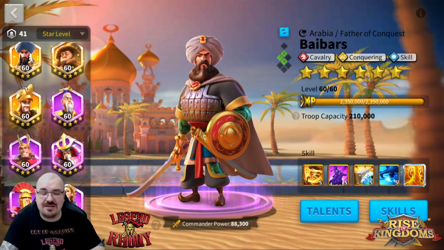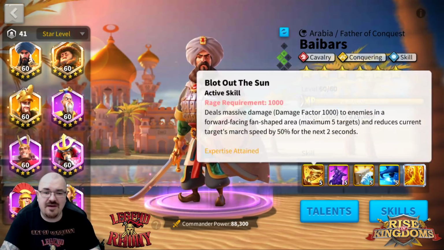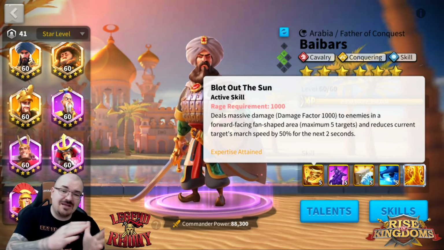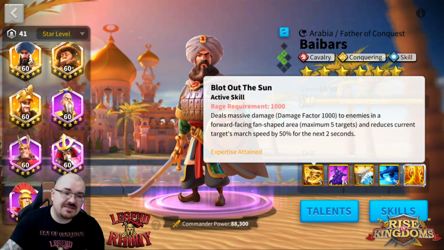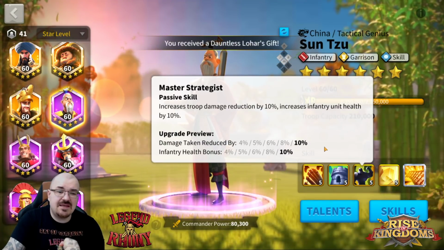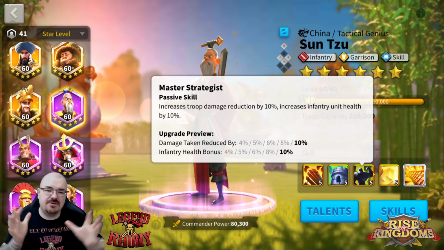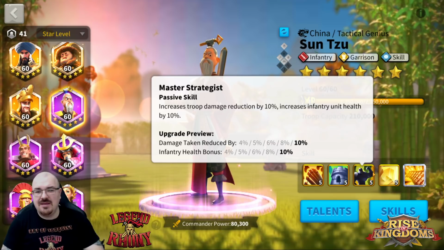Now the reason I do that is the synergy of the skills. I use cavalry, I have attack on my cavalry, I have an AoE which hits up to 5 targets and also slows them, and Sun Tzu does the same. He hits up to 5 targets and has rage restoration plus skill damage. On top of that, you take 10% less damage. So all this in combination with Babers makes a very nice and interesting pair, especially in the madness of the battlefield, when there is a lot of AoE and a lot of marches,